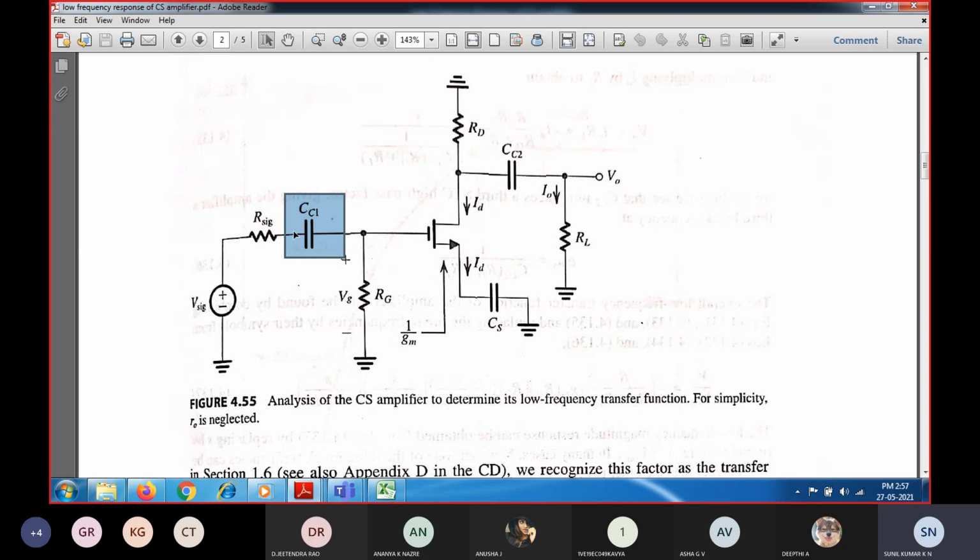Because of this higher impedance value, it is not going to act like a short circuit, it is going to act like an open. So if the coupling capacitor is considered as an open at the initial frequency, none of the signal voltage will appear across the input side.